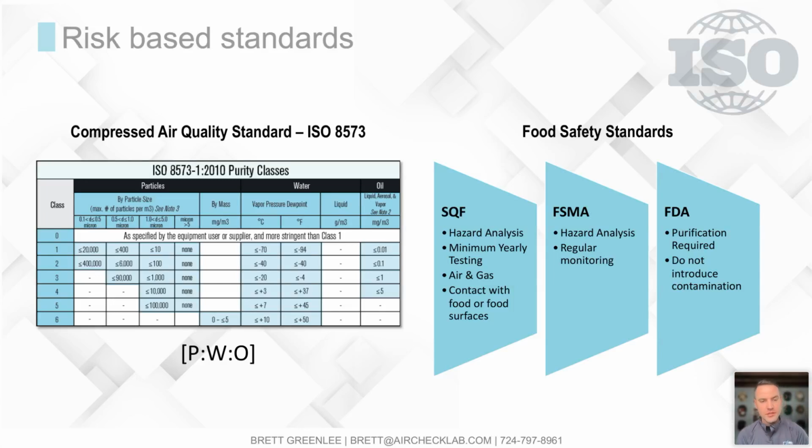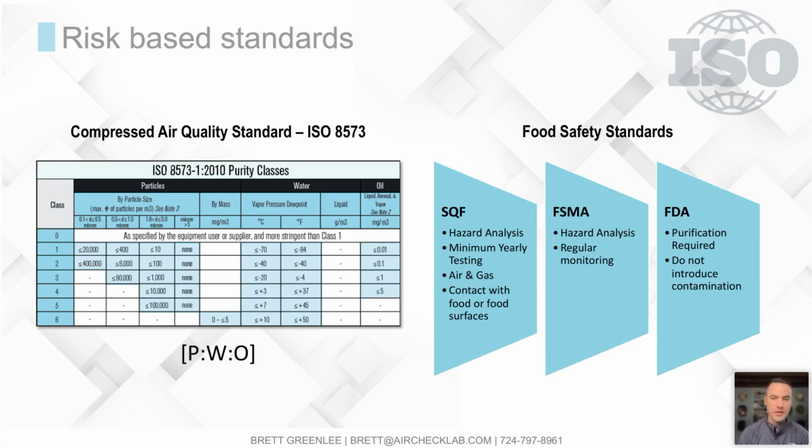But ISO 8573 is going to give you what levels of contamination meet what levels of purity classes. Now, most folks come right out of the gate and say, we want a 1-1-1 particle, water and oil. That is very difficult to achieve in some cases. Although that may be applicable to your product, sometimes it isn't. Again, it goes back to identifying the hazards and establishing what purity level you should be testing to